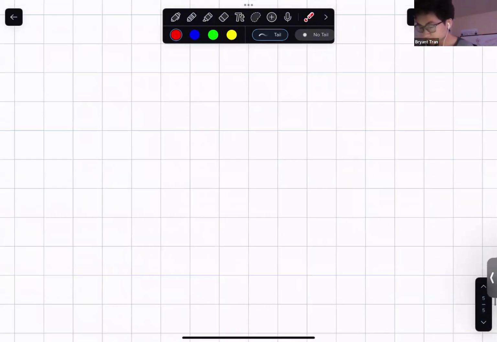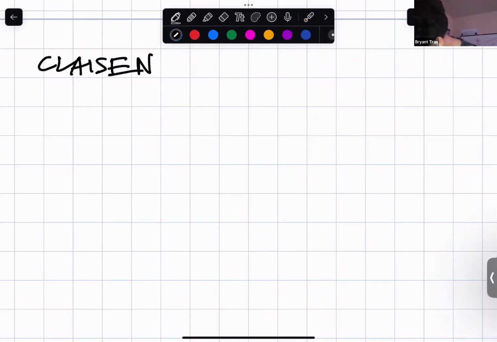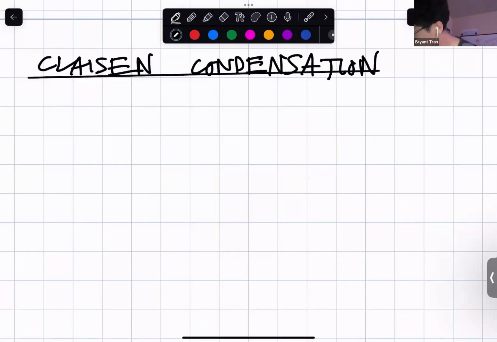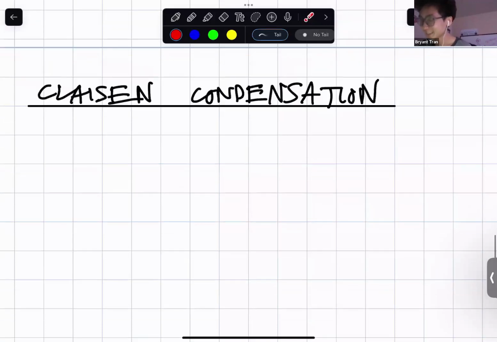Let's do Claisen condensation. So Claisen condensation is gonna be very similar to aldol condensation from the last quiz, Quiz 4, I believe, the aldol condensation, aldol dehydration, right? I'm gonna give you guys the general reaction and then show you the mechanism afterwards. So